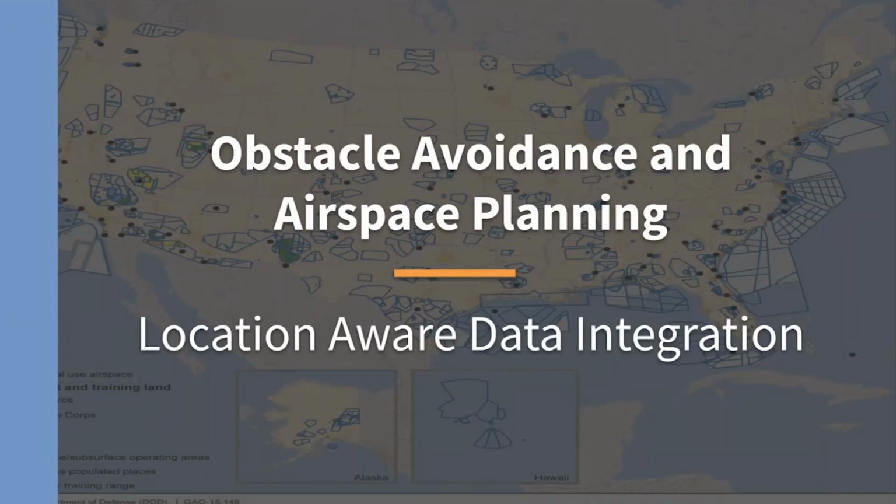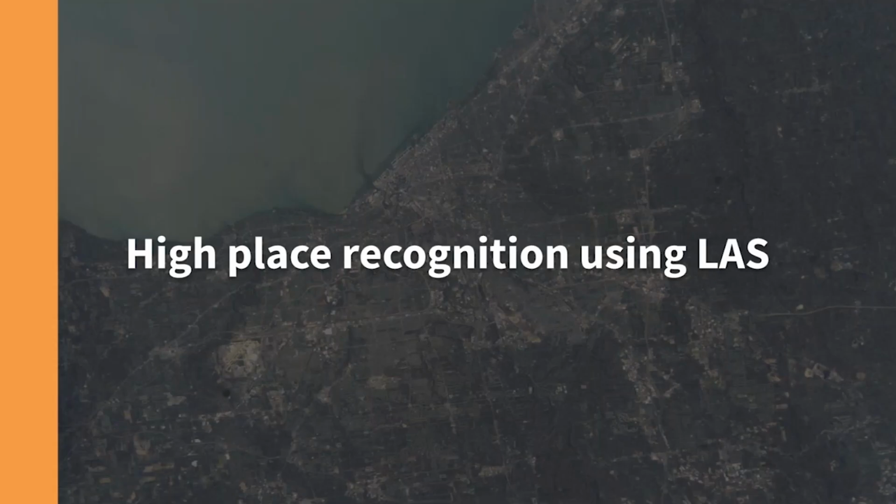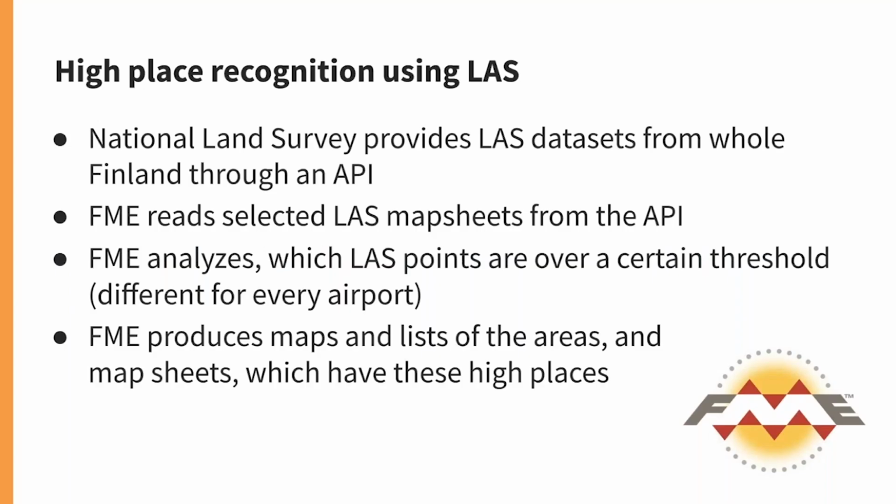And now, obstacle avoidance. We're just going to move away from the whole indoor part of the airports thing, because there's lots of outdoor parts of airports as well. And obstacle avoidance and airspace planning, that's probably something you want to do. You want to avoid your obstacles, and you also want to make sure people don't build new obstacles in your airspace. That's right. So the example we're going to talk about is done by Finavia, the